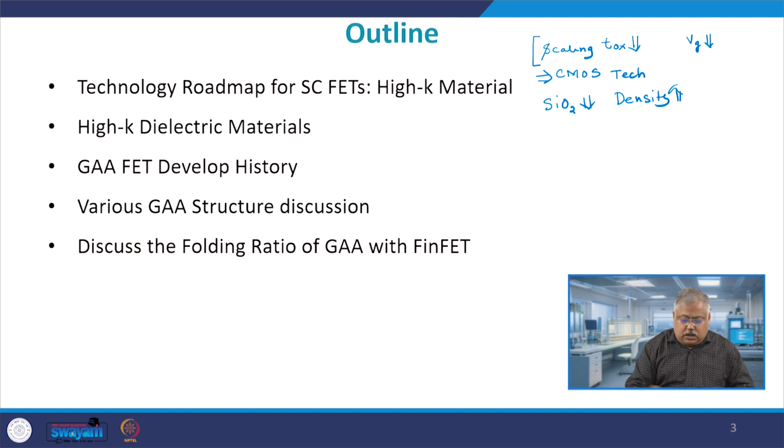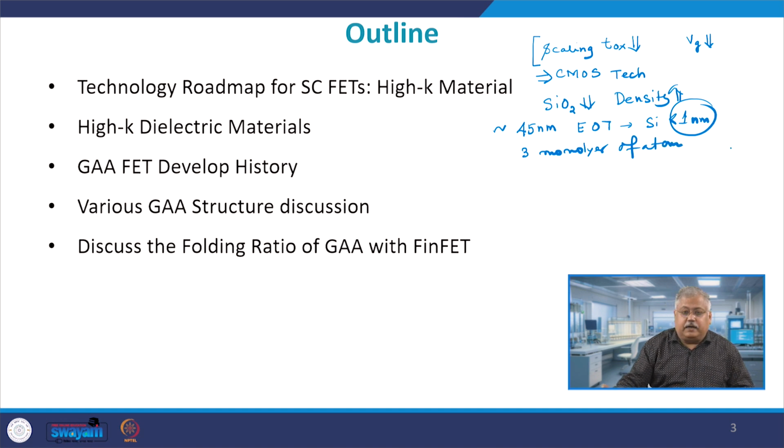However, as the device approaches around the 45 nanometer technology node, the effective oxide thickness of traditional silicon devices should be actually very small, smaller than 1 nanometer. Right. So, it will be smaller than 1 nanometer, which is approximately 3 monolayers of atoms,